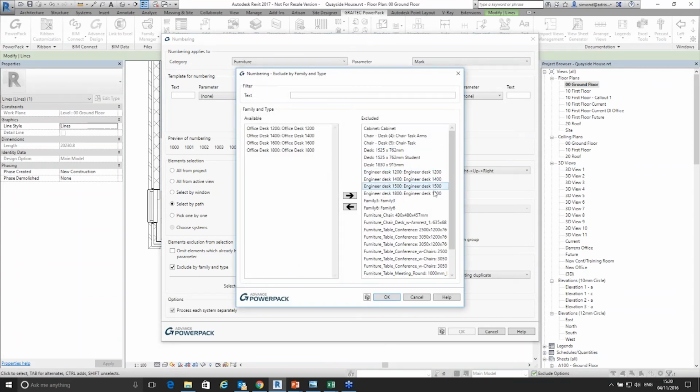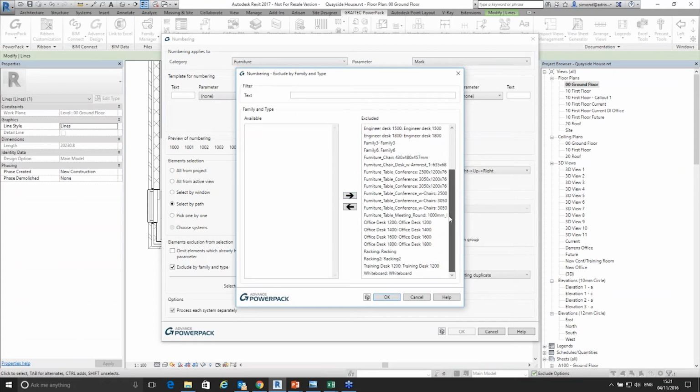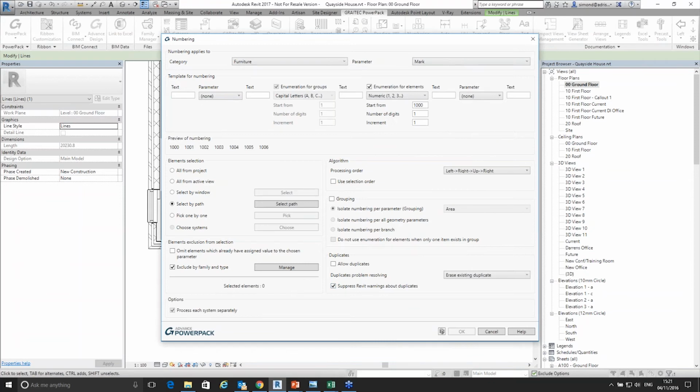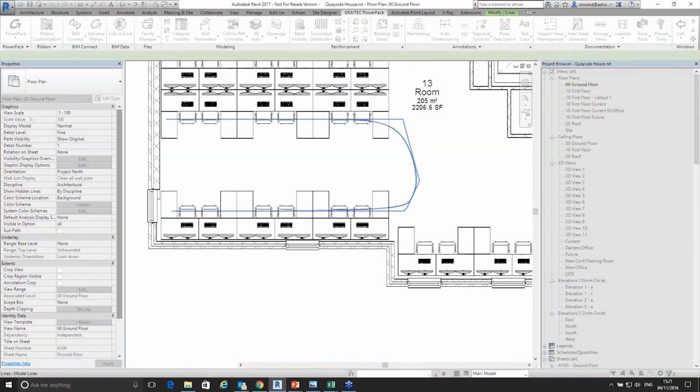Yeah, 1009. If I actually click on the chair, it doesn't have a mark. Again, it's followed that rule. I may want to number these chairs. So what I could then do is go to my, let's look at doing the line. So what I sometimes do is use